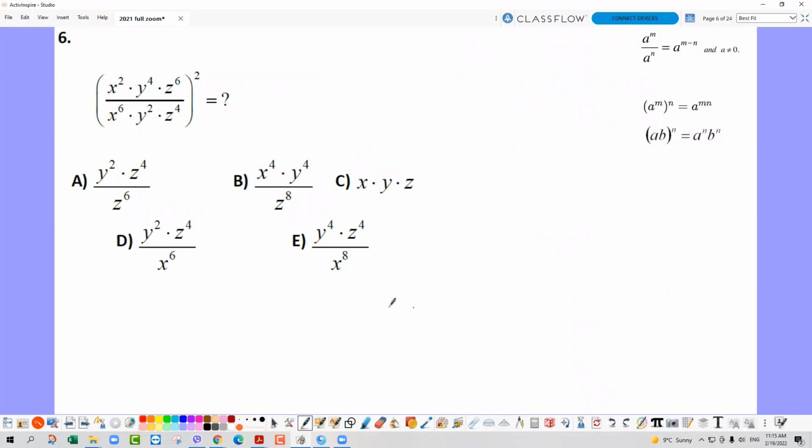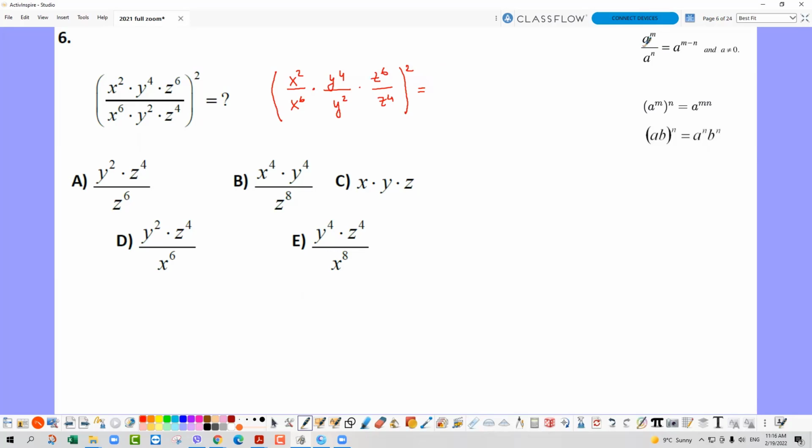Okay, here this is a power operation. In power operations, I'm going to use these rules. That's why I have written them. And this expression can firstly be written by separating them into fractions: x to the power of 2 divided by x to the power of 6, times y to the power of 4 divided by y to the power of 2, times z to the power of 6 divided by z to the power of 4, all to the power of 2. And it's going to be equal to